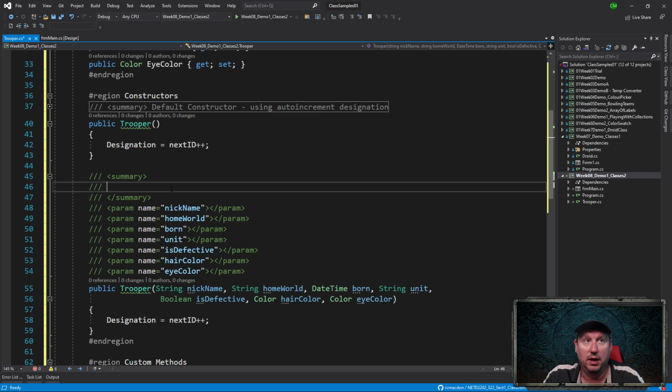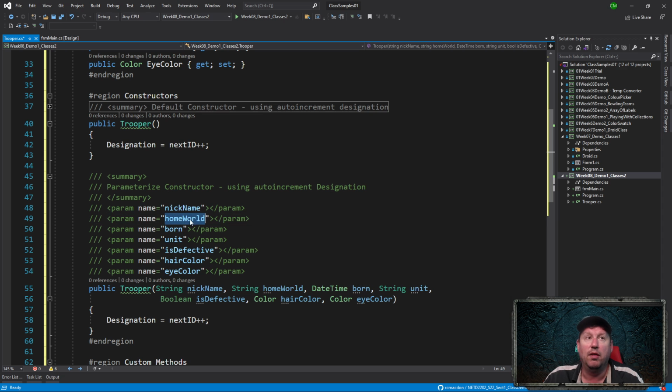We're going to put a summary in here. So this is the parameterized constructor, using auto increment designation. The other thing I want to do in this commenting is sometimes the home world, for